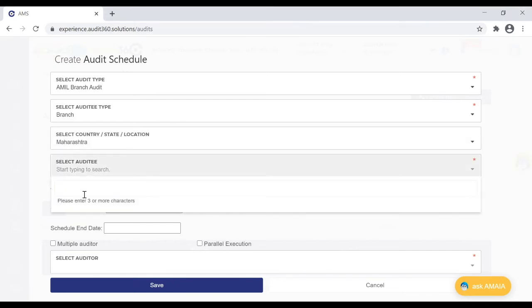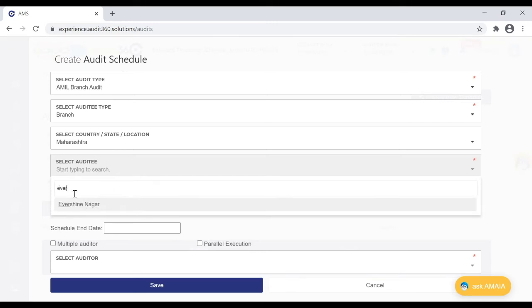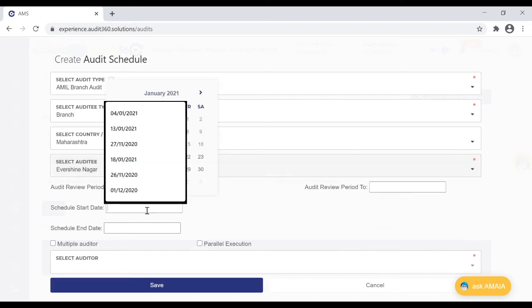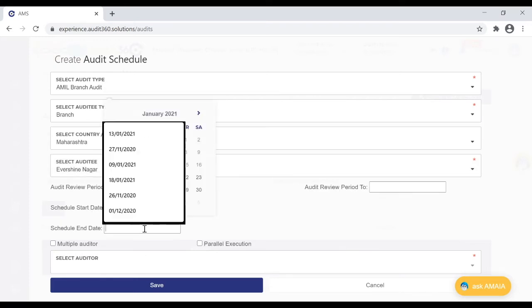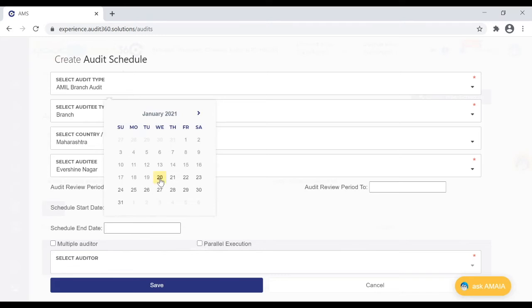Let me just quickly do the schedule here. Doing it again for the same date.